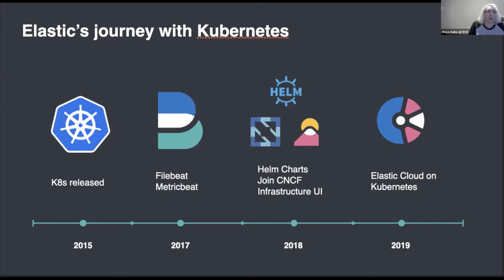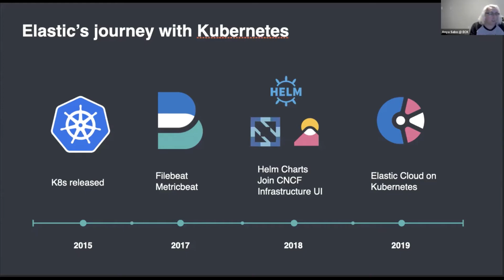And then 2 years after it was released, we started introducing first-class support for it in versions of Beats, like Rich talked about, like Filebeat and Metricbeat. So it has ways to scrape metrics for how your Kubernetes infrastructure is performing, or just to scrape metrics of your application inside of Kubernetes. It has native integrations for that, and also native integrations for getting your logs from Kubernetes. So it's really common to use Filebeat for centralized logging if you're running a Kubernetes cluster.